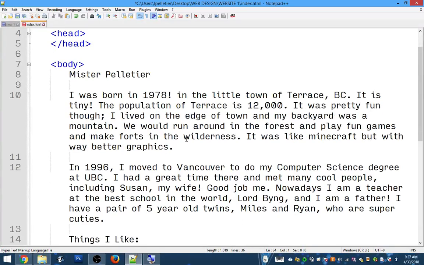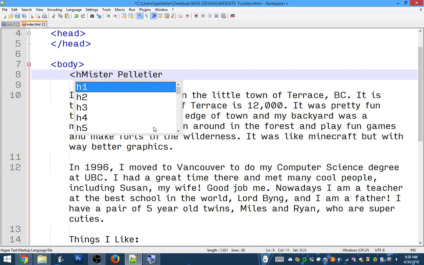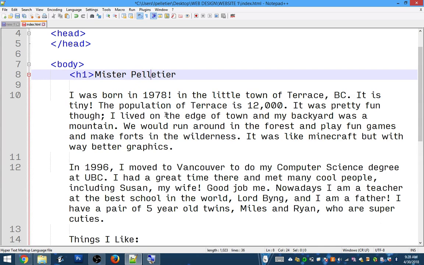So each of these tags that we're learning are just the ones you need to use, and in an assignment very soon, you've got to demonstrate your understanding of them by using them all. So take a look at them. First off, I want Mr. Pelche to be the big title. So if you want something to be a title, you use a tag called a header tag. It's different than the head tag, and it's just H and then a number, and you can see it's predicting what I want, between 1 and 6. I'm going to choose H1,